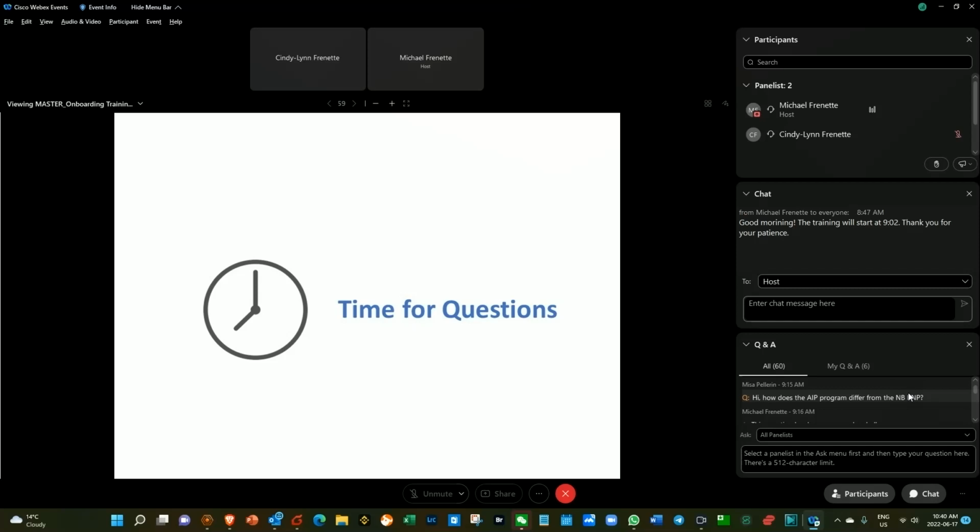So the work experience again, it's 1 year in the last 5 years, and it does not have to be with the company. So let's say that you work for company X, that work experience does not have to be for company X. It can be with another company, it could be overseas, it could be in Canada, but they need to be eligible for the position that you're hiring them for.